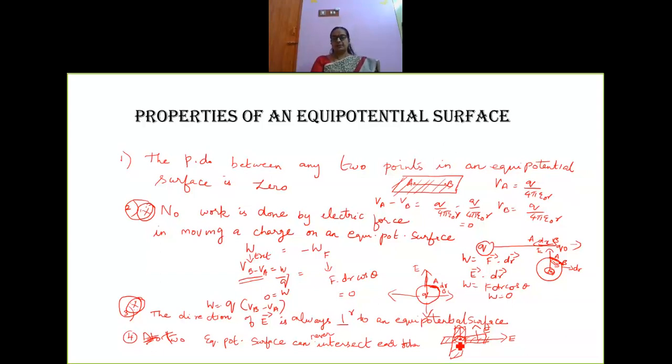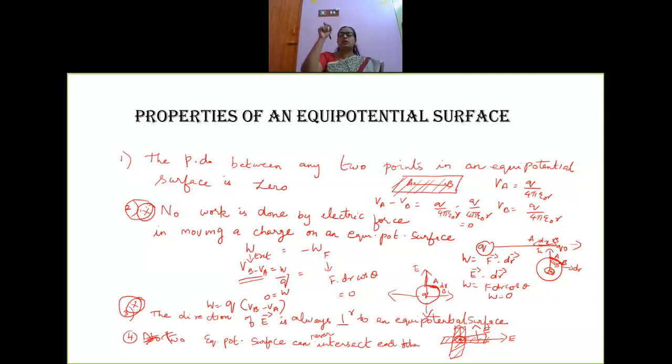Why will this not happen? Here there is a point, here there is a point. There are two equipotential surfaces and they cannot intersect. At this point, if they are going to intersect, there will be two directions, yes or no? The same property you would have read in the properties of magnetic field lines. No two magnetic field lines can intersect. Now, if they intersect, at that point of intersection, you should show two directions, which is not possible.